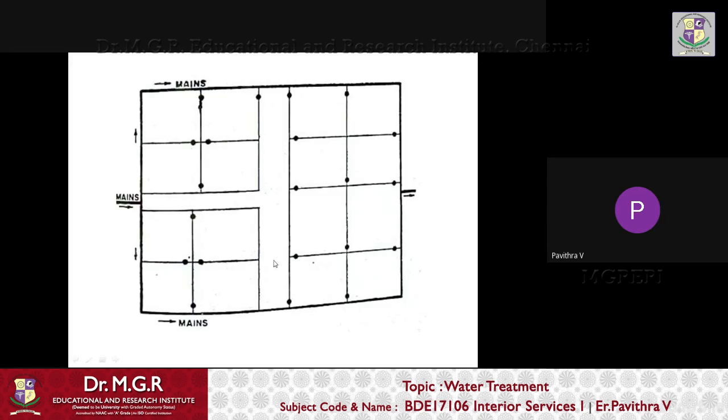And as you see here itself, there are dotted lines provided here, and that indicates the cut-off valves. So the only difference will be the supply of water will be in a circular form in the ring system, but in the grid system it will not be like that. So hence this system is also called the circular system. Ring system, which is also called the circular system. So I want you guys to note down this diagram also.